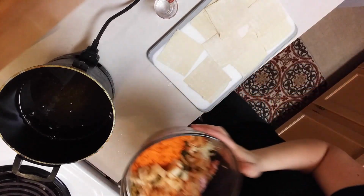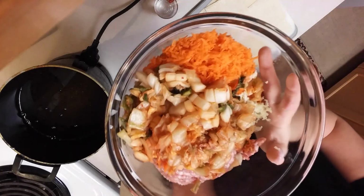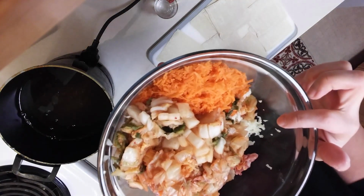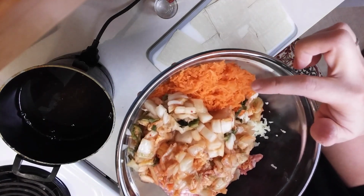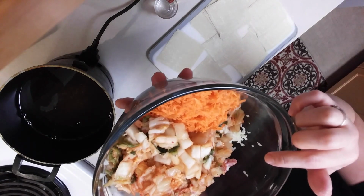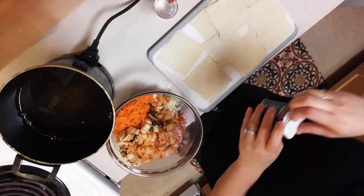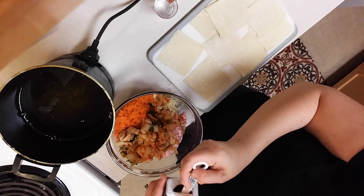Okay, so I have everything almost ready to go for the egg rolls. In this bowl there is a pound of ground pork, a half of a cup of chopped onion, about a cup of shredded carrots, about a cup of chopped kimchi, 3 garlic cloves, and I believe that's it. So I'm also going to add into this a teaspoon of paprika,